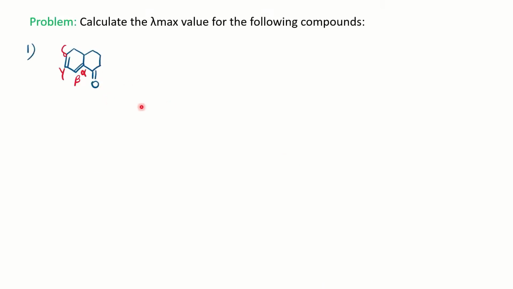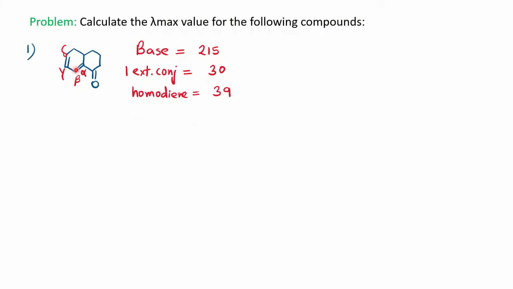We'll be solving the lambda max value first for the given molecule. You can notice it is an alpha beta unsaturated carbonyl compound. Here this double bond is in conjugation with the carbonyl, and apart from that you have an additional double bond present in the system. With respect to this carbonyl we'll assign alpha, beta, gamma, delta, and after that, if the conjugation exists, we will consider it as delta only. First we find the base value. Since the carbonyl group is in a 6-membered ring, the base value is 215. Next, extended conjugation. Apart from these two double bonds, you have one additional double bond, so plus 30 for one extended conjugation double bond.